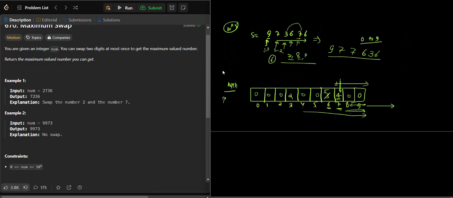The time complexity will be O of n, because we are just iterating the array, and from 9 elements every time we are swapping, we are checking only 9 elements at the most for a single element. And the space complexity is almost O of 1, because we are using O of 10 space. We are creating a hash of size 10, overall O of 1 we can say. We will move to the coding part.